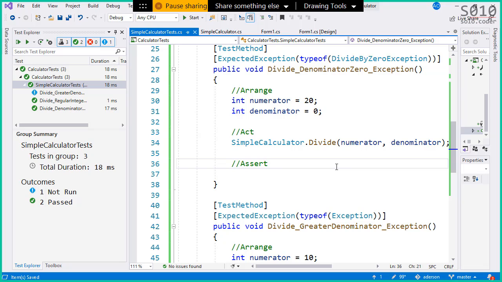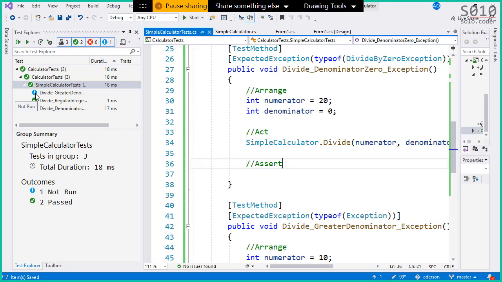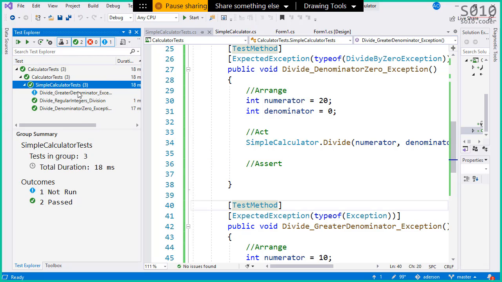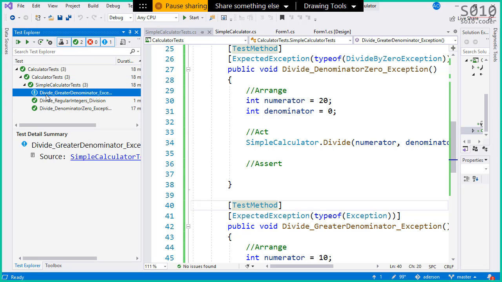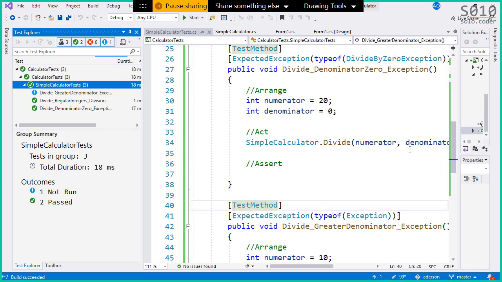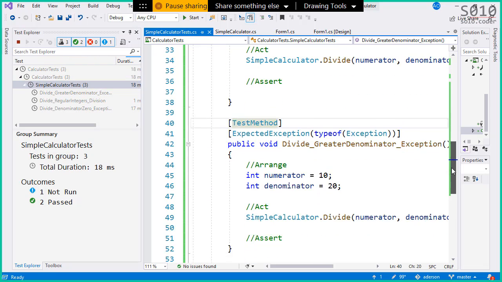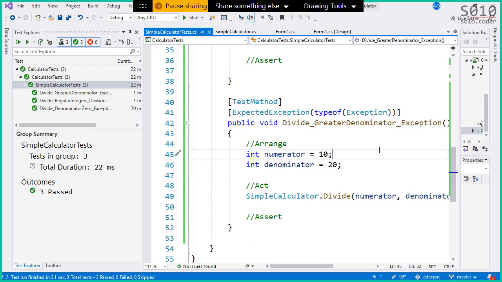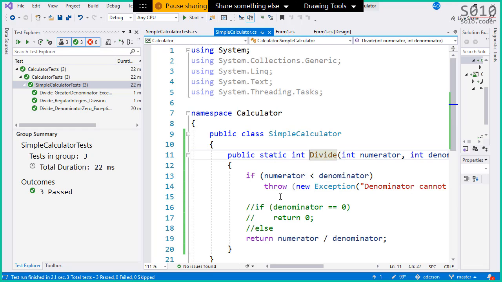Now we have three methods. Look at our Test Explorer. It shows that the first method, well, it's ordered alphabetically, so it shows that this one here never ran because it has an exclamation mark. We're gonna run everything again and let's see how it goes. Okay, so all three of them worked. If I go back to the code and I eliminate this,